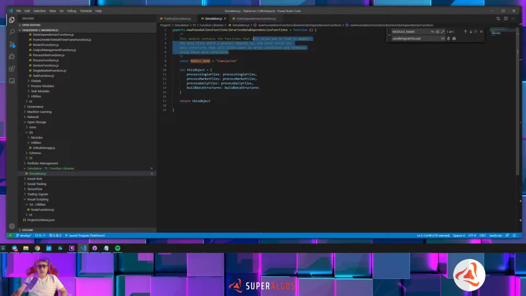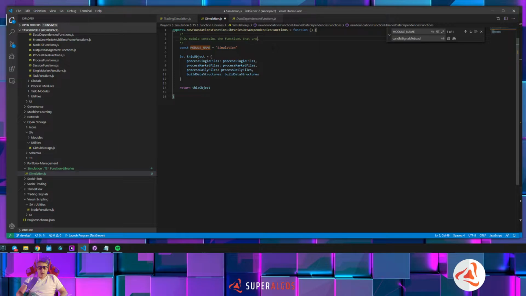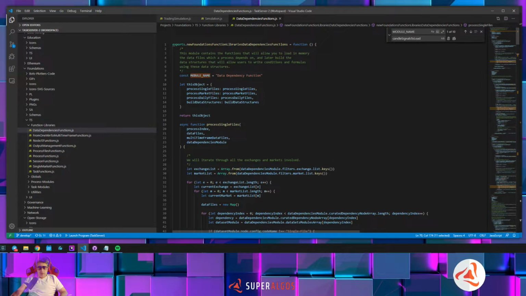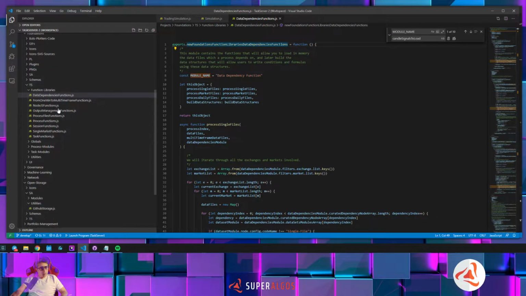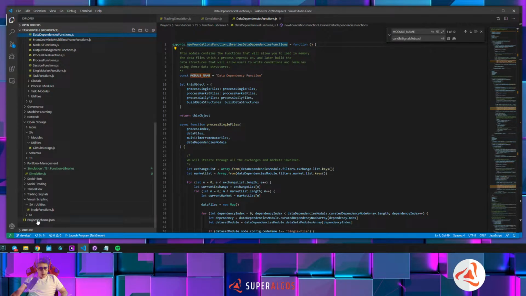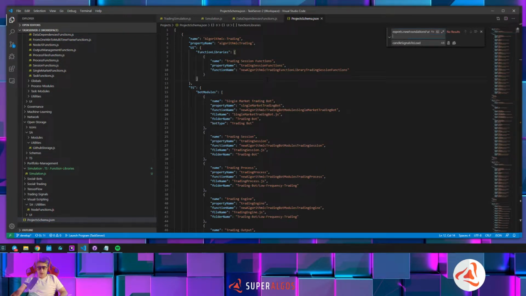So this module contains the functions that are used. Simulations. So we will keep this here and we will go to the project schema file, find this guy,